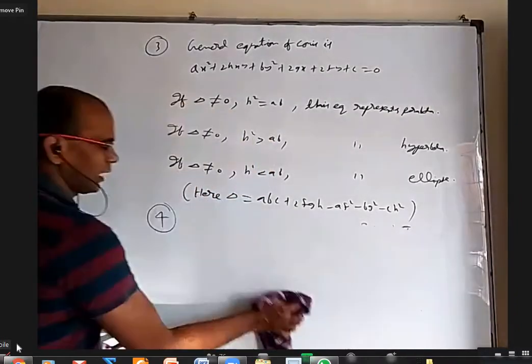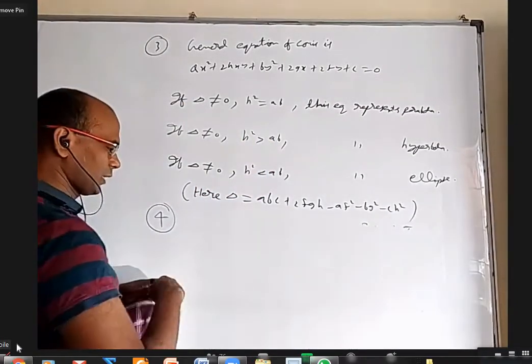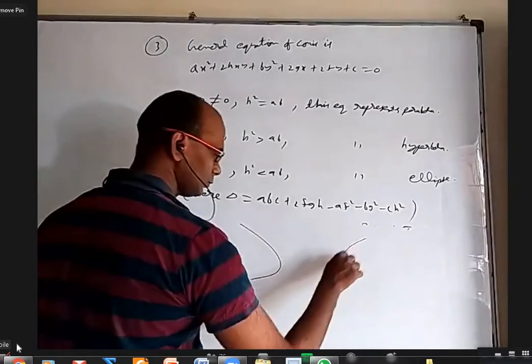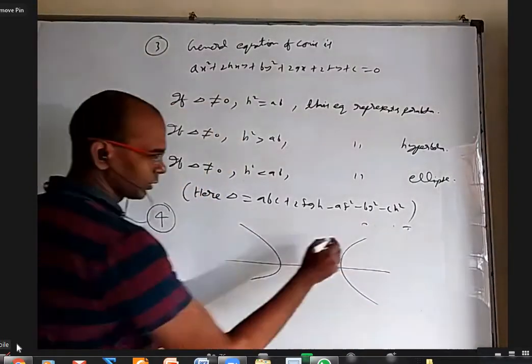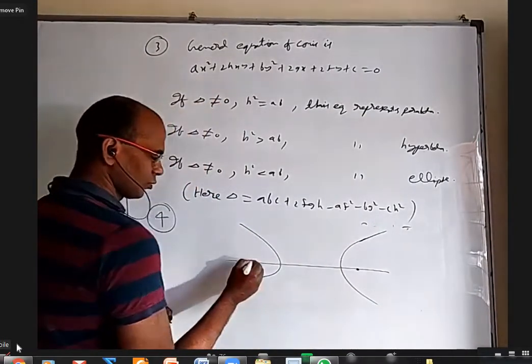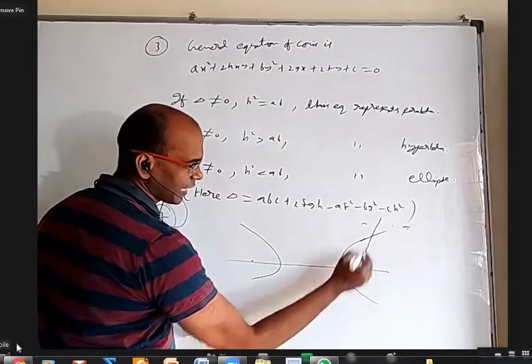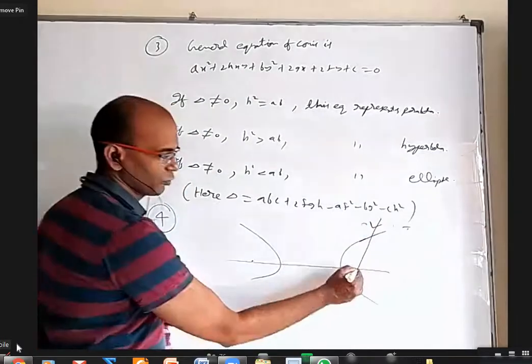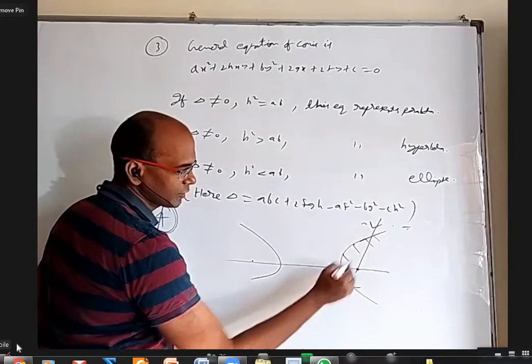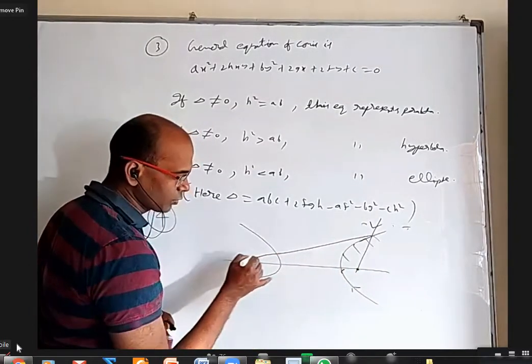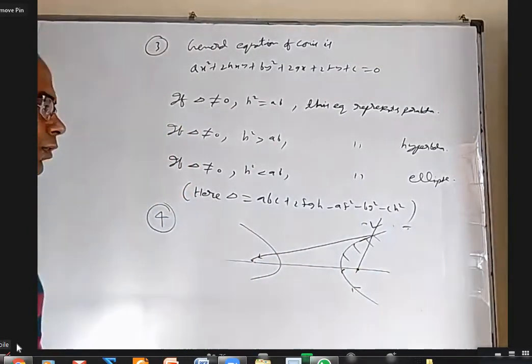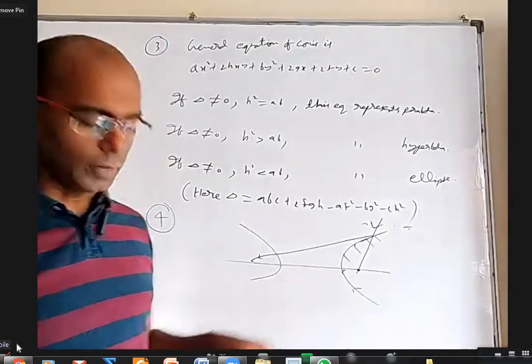Even the hyperbola has the same optical property. The hyperbola also will have two foci. If a light ray is trying to reach this focus, and it is silvered inside here, after reflection it will go to the other focus. So we have some mathematical application to it.